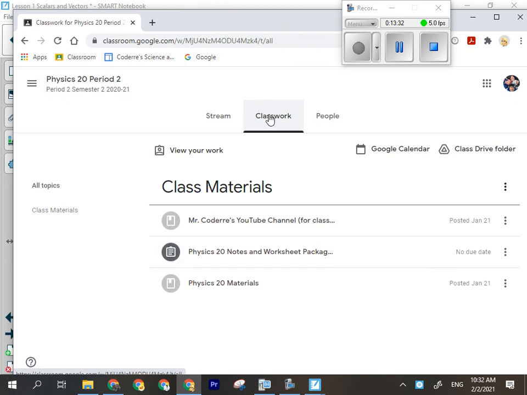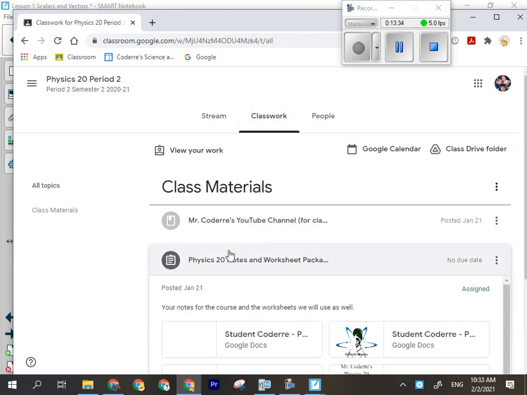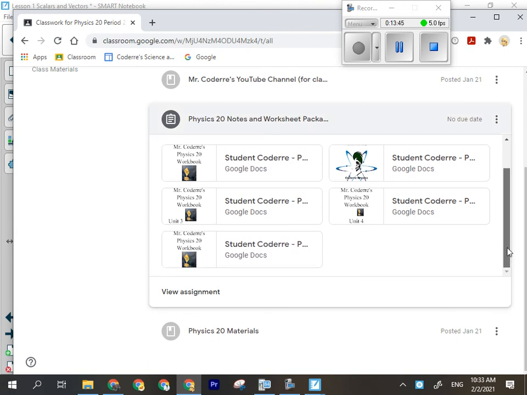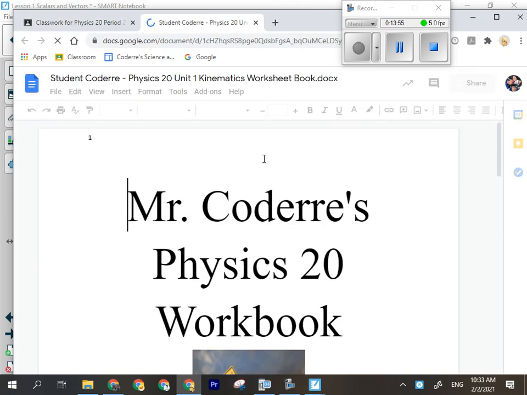Okay, so we're in the class work tab, notes and worksheets, and we are looking at 21. I got a 50-50 chance, did I guess right? I did. Okay,